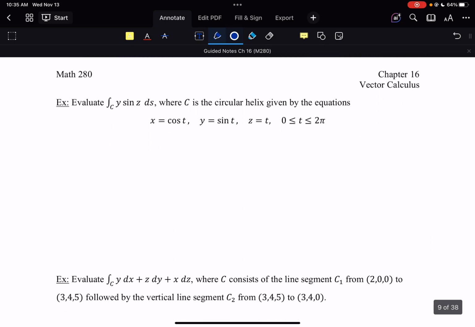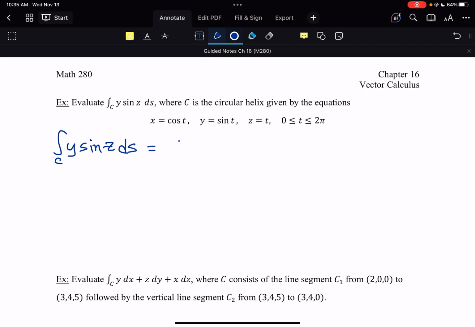Let's take a look at some more examples. Evaluate the line integral over C of y sine of z ds, where C is the circular helix given by these equations. We have worked with this circular helix before, back in our first chapter. But they've already given us the parameterizations, and that's really the hard part of these problems. So once it's all parameterized,